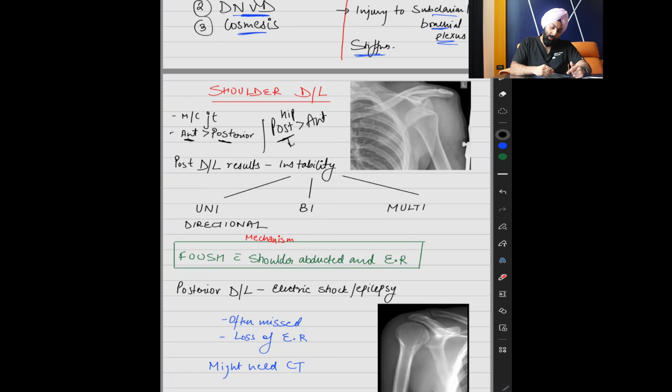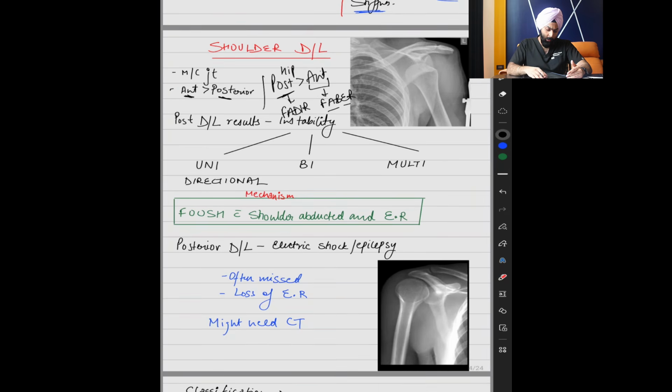And to remember the characteristic attitude in posterior dislocation of hip, we get FADIR, that is flexion, adduction and internal rotation, and anterior में we get FABER, that is flexion, abduction and external rotation of the limb. Okay, ये subsequently हम lower limb trauma में discuss करेंगे, but moving on,